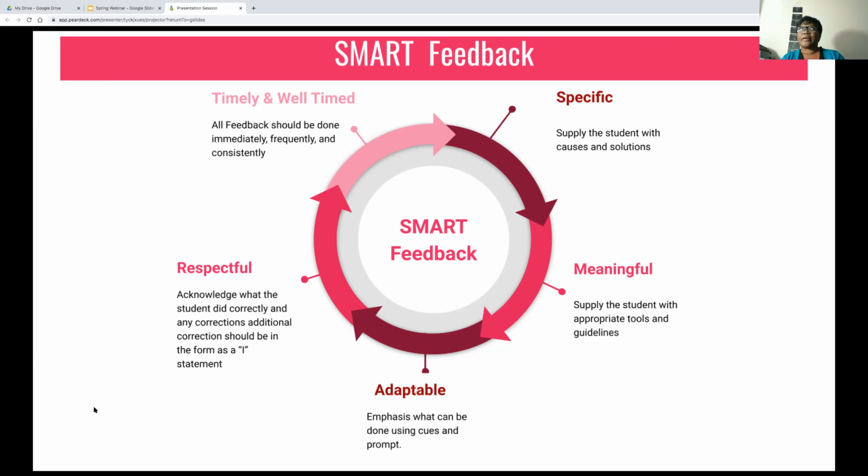Research by G. Wiggins suggests that the more delay that occurs before feedback is given, the less improvement there is in the achievement. And as teachers, our hope, our goal, is for our students to achieve and improve on their performances. So let's think about something else that Wiggins said.